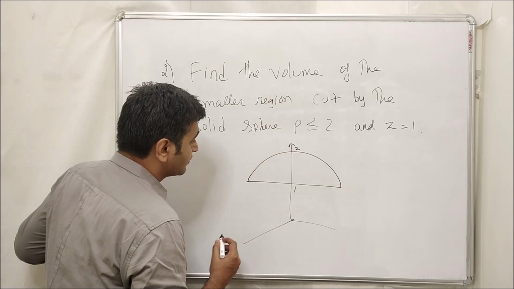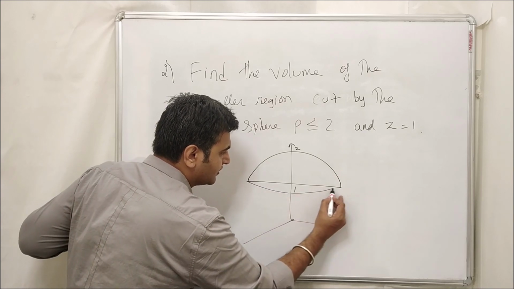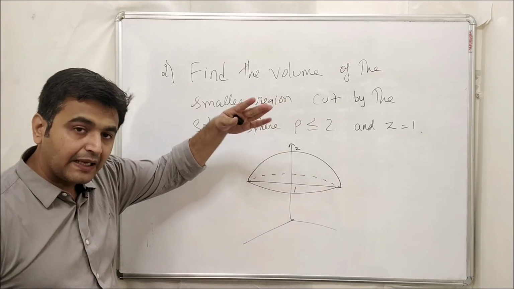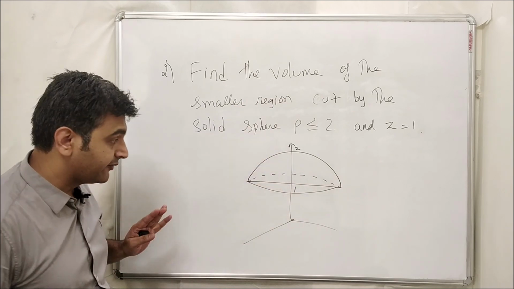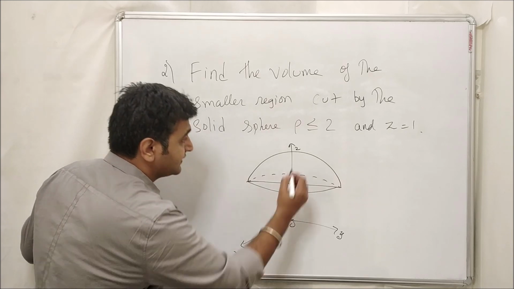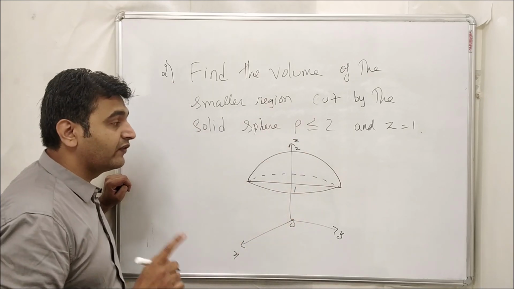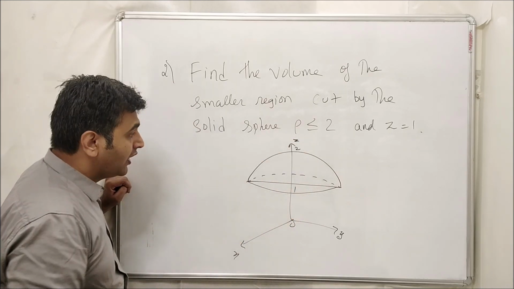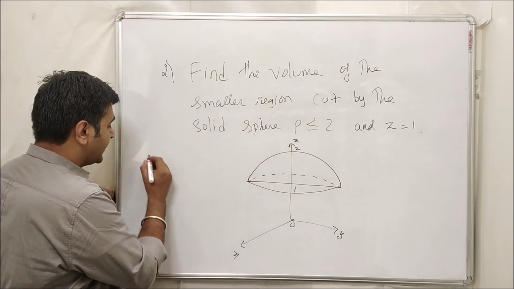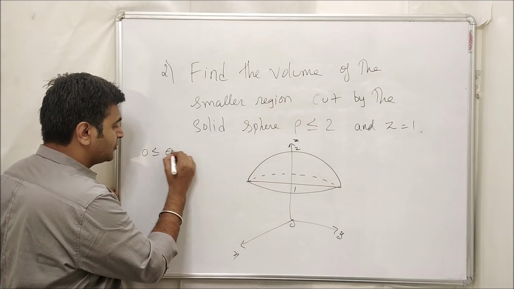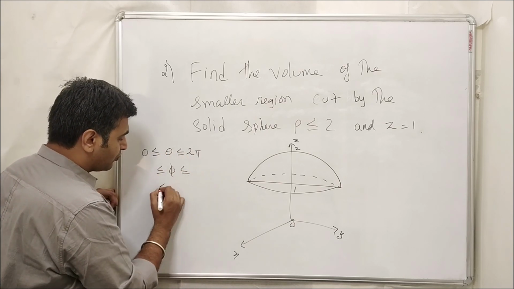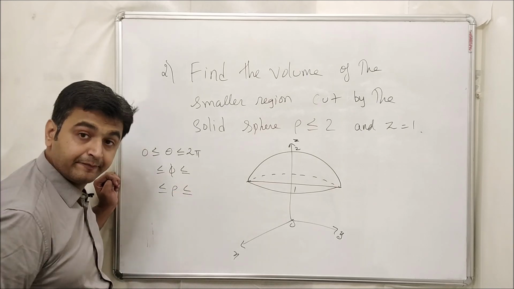Now if you want, you can draw a circle over here. I'm not that good at drawing, so yeah. That's the cap you have, whose volume you need to find. Now this is my origin, y and this is our x, this is our z. Now I need to find the limits of rho, phi and theta. What is the projection of this in the xy plane? It's a disk, right? So theta is not a problem. Theta is from 0 to 2 pi. The question is, what are the limits of rho and what are the limits of phi?